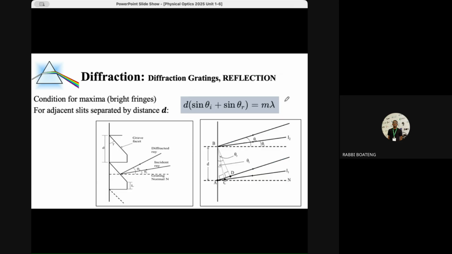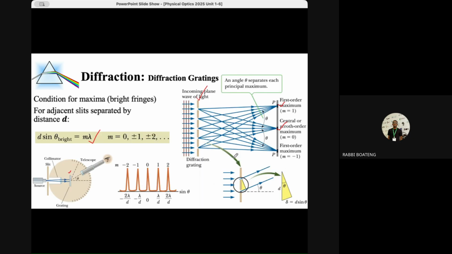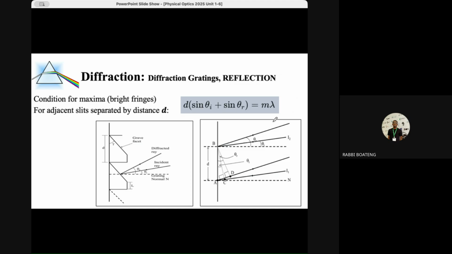In fact, this kind of grating that we are talking about here is a transmission grating. I told you that for the diffraction grating we have two types: the reflection and the transmission. Transmission is where the light passes through to the other end. Reflection is where the grating has to work when the light hits it and bounces back. A very practical example of the reflection diffraction grating looks like